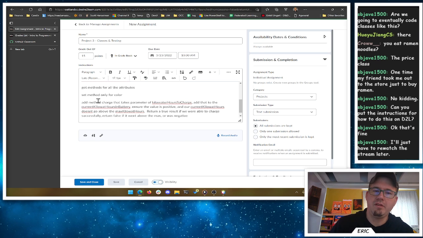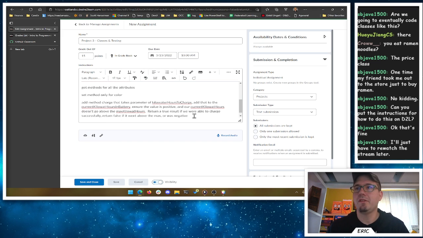Right, so yeah, I say, hey, I want to charge. So charge is how we're going to interact with this electric vehicle. We'll say, okay, hey, go charge 5 kilowatt hours. If our current kilowatt hours plus 5 doesn't go above the max, great. We're going to change our current, add 5 more. Right, we'll return true. If I say, hey, charge 50, and the max kilowatt hours was 20, we're going to stop at 20, and then we'll return a false. Right? You can't go above the max, so you can get to the max.